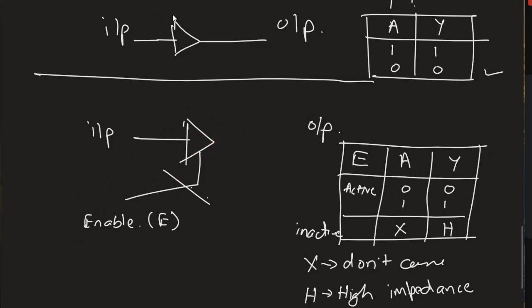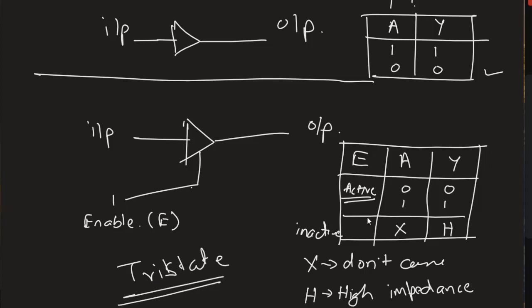So I hope you cannot see anywhere bubble here to the third input. Okay, that means to activate this input we must give 1. When I give 1 here, so this tri-state buffer, this is also called tri-state. Remember why this is called tri-state? Because it will have 3 states. What are those 3 states? One is 0, one is 1, and the other one is the third state, which is not present here.